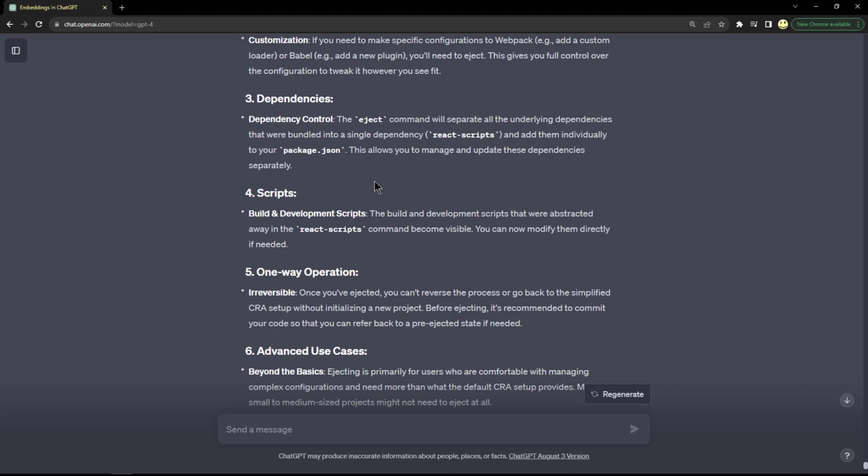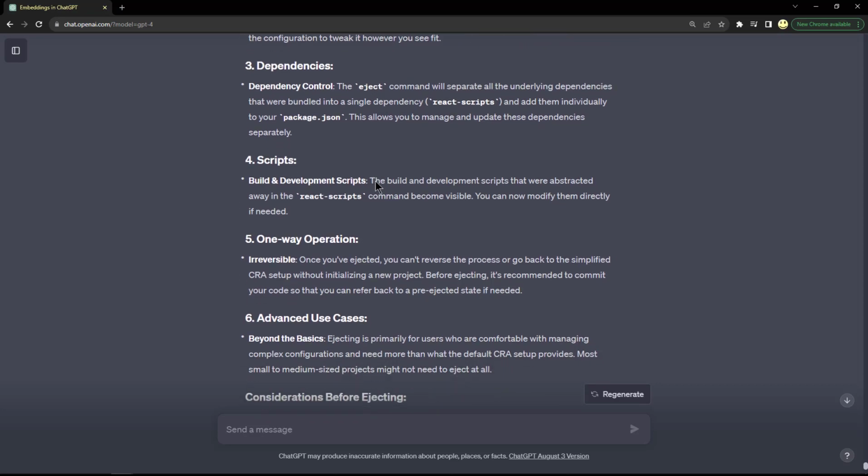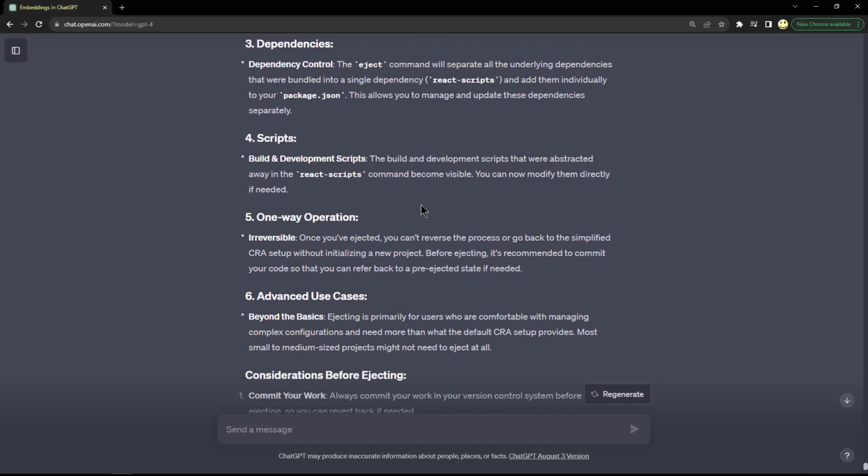Number 4, scripts. Build and development scripts. The build and development scripts that were abstracted away in the react-scripts command become visible. You can now modify them directly if needed. Number 5, one-way operation. It's irreversible. Once you've ejected, you cannot reverse the process or go back to the simplified CRA setup without initializing a new project. Before ejecting, it's recommended to commit your code so that you can refer back to the pre-ejected state if needed. And I will be showing the code changes that are made in just a few moments in the video